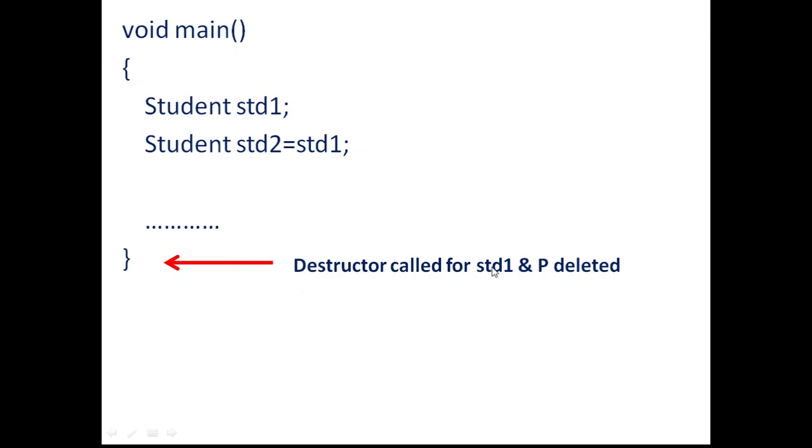So we have seen two situations where the passing or the initialization of an object creates a problem. And remember carefully that this kind of situation will only arise when you have a dynamic memory allocation inside the constructor and the memory release inside the destructor. Otherwise, if it is a normal constructor which has no kind of memory allocation, then this is not at all going to have any problem. Okay, now we have seen the problem.